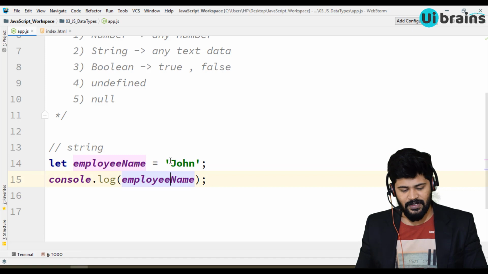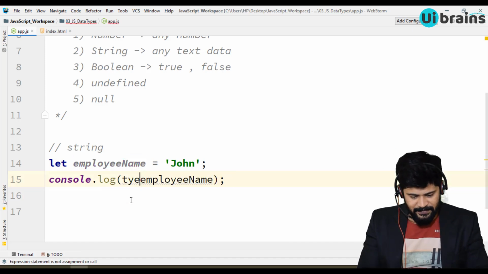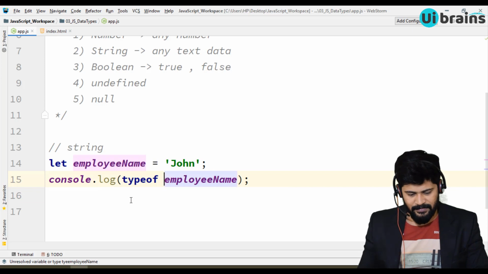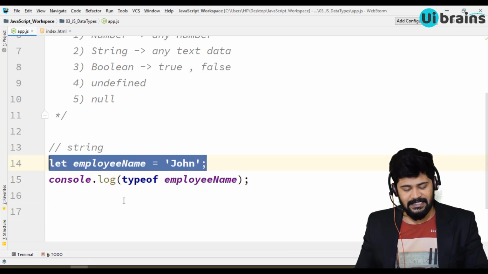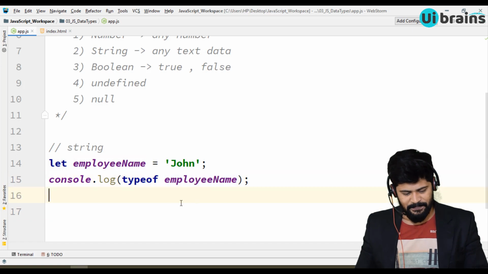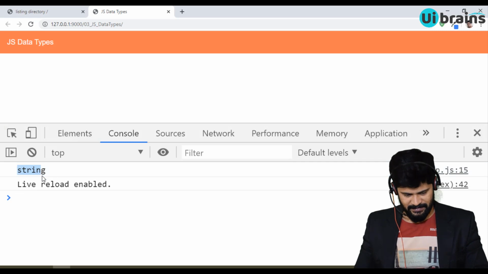If you want to know whether it is really a string, you can use an operator called typeof. If I say typeof employeeName, I have not declared string anywhere, but you see I got string.